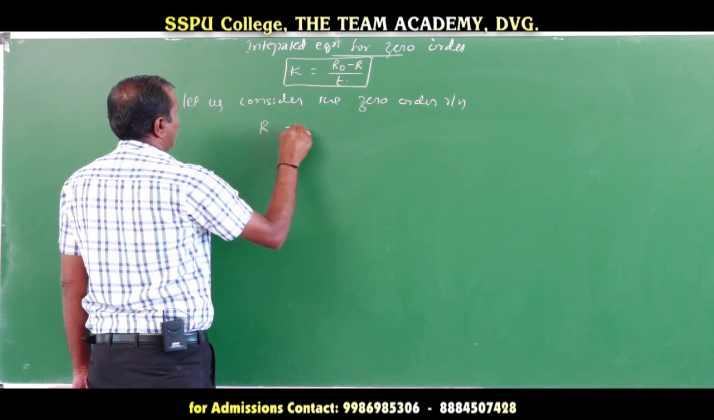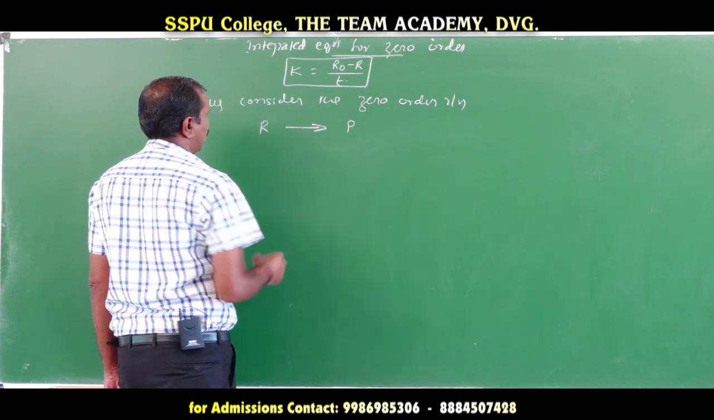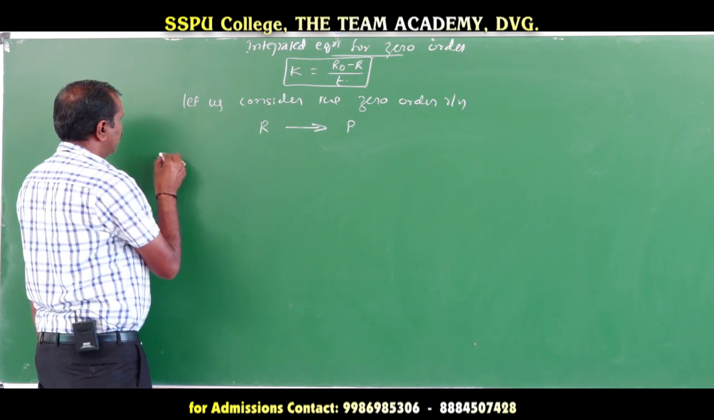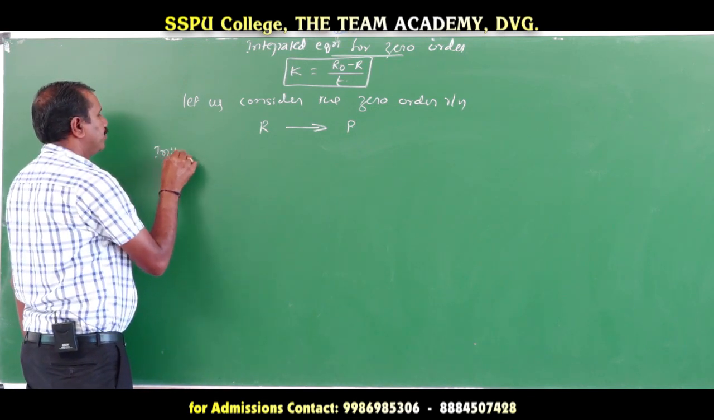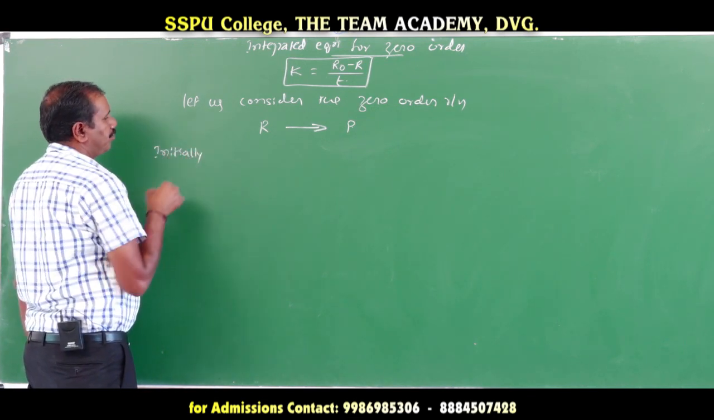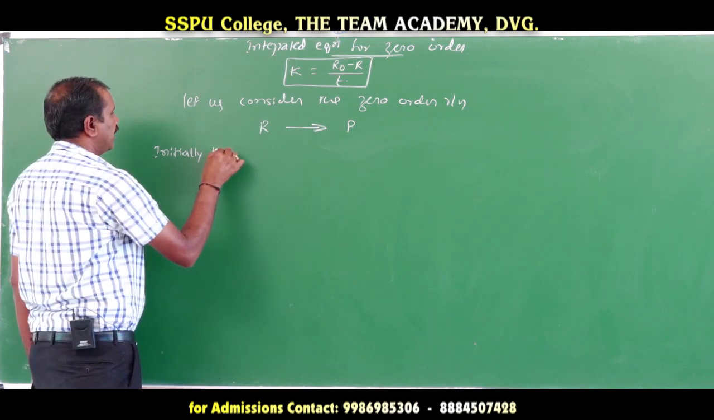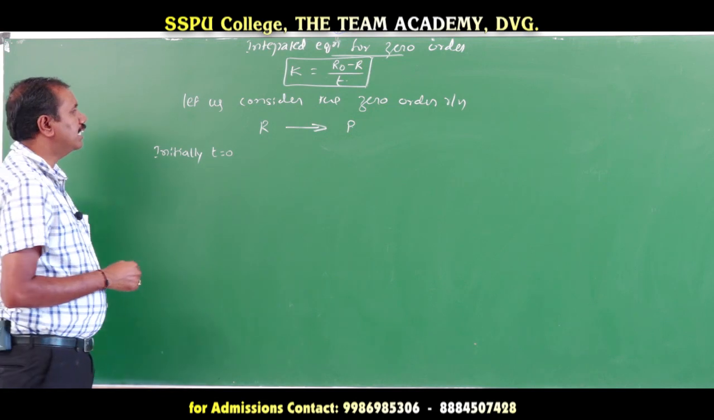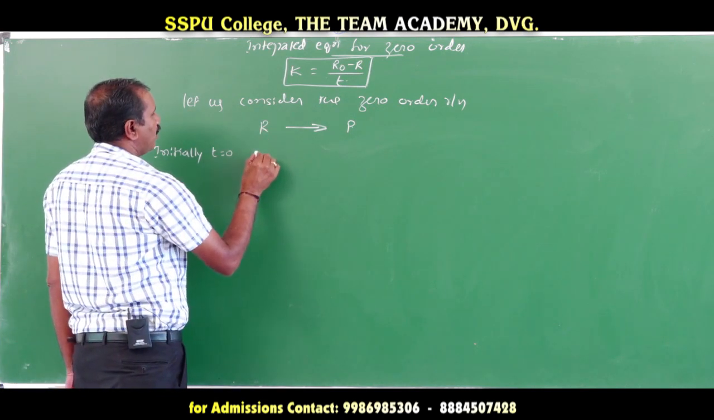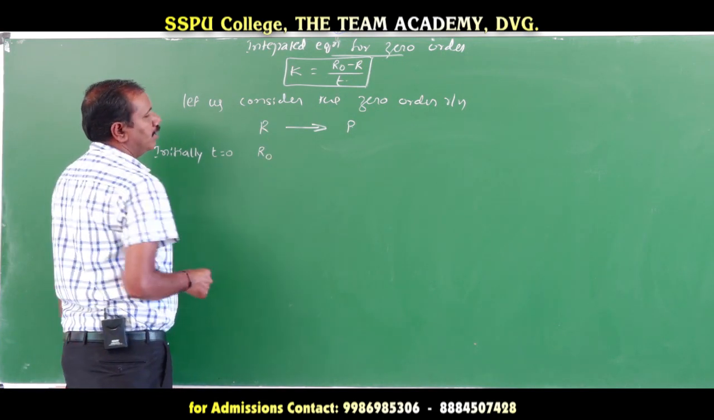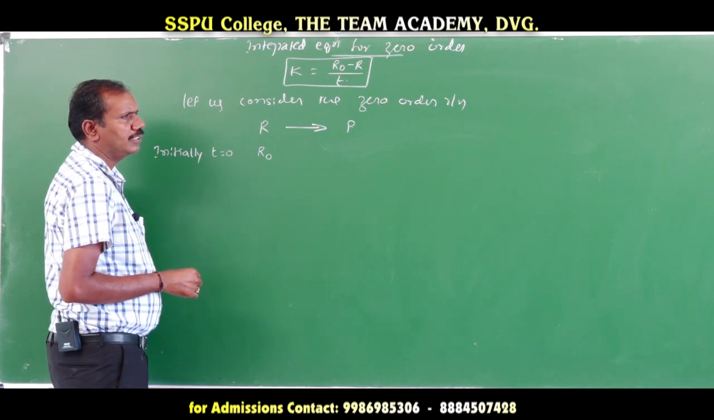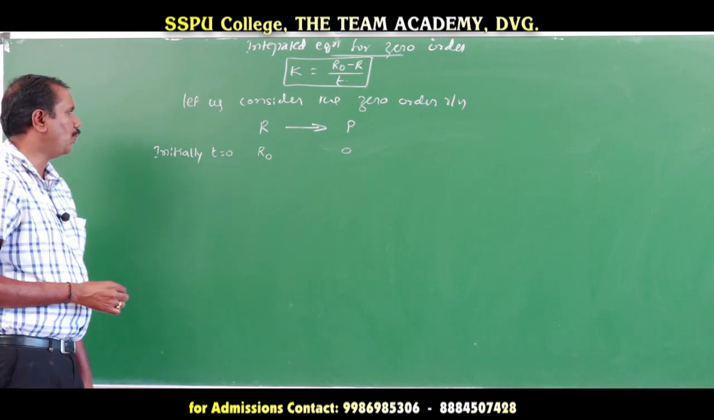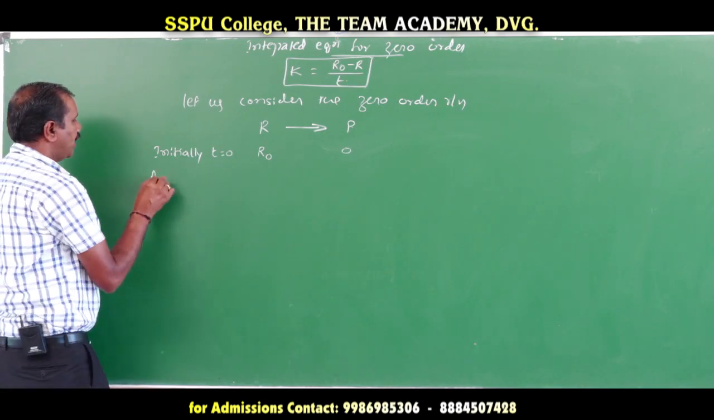Where R is a reactant, it becomes what? Product. R is a reactant, becomes product. Initially, when t is 0, when time is 0, before the reacting condition, the concentration of the reactant R is R naught. The concentration of product at 0 time is 0. So after a time interval,